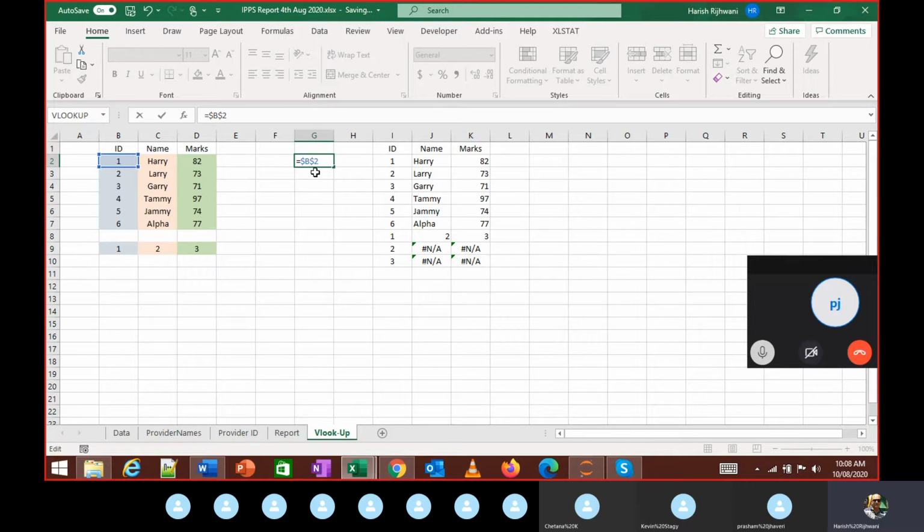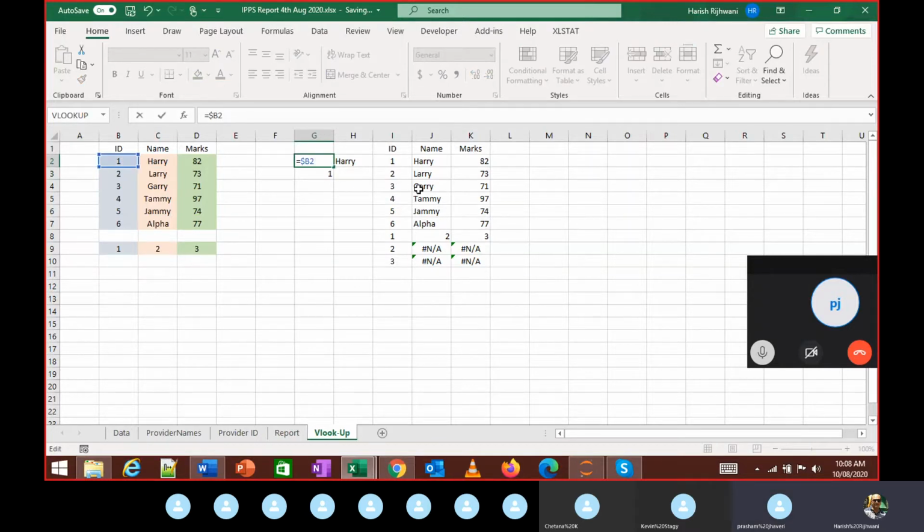This dollar sign indicates that both the column and row are fixed. If I press F4 once again, it indicates that the column is not fixed, but the row is fixed. So if I do Control R over here, it shifts the value where the row is fixed, but the column is not fixed. If I do Control D, it's still going to take this value.